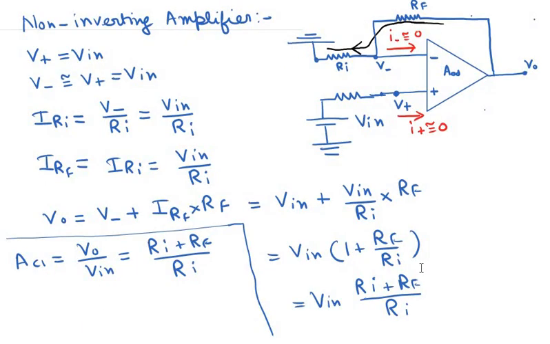Okay, so this is also another method that you can apply to solve this kind of problems, that the current flow into and out of the op amp input terminals is basically 0. We assume that the current flow into or out of the op amp input terminals is 0. So all the current that is flowing through this resistor Ri must also be forced through this resistor Rf, and then under this assumption we basically calculate the input voltage. Okay, so let us do up to here today. Thank you everyone.